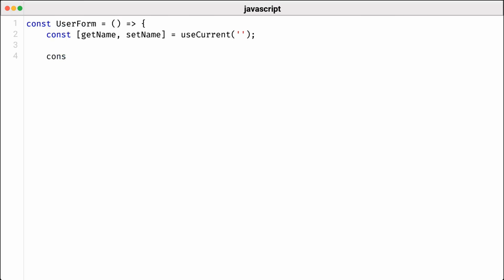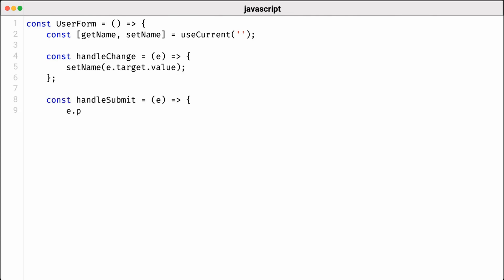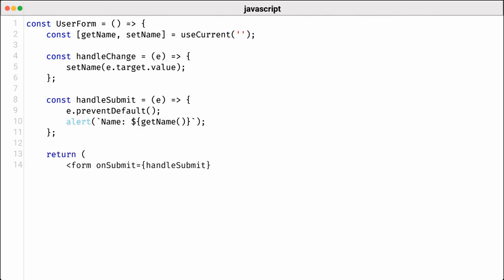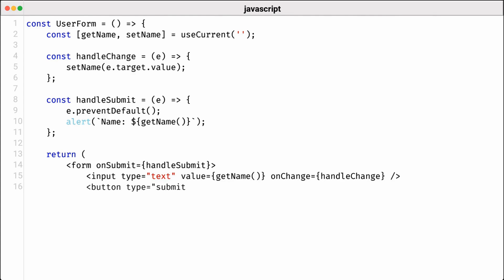Next, we will implement a simple userform component that showcases how our custom useCurrent hook can effectively manage user input. In this component, we initialize state variables for the user's name by calling the useCurrent hook, which provides a getter function, getName, and a setter function, setName. The handleChange function is triggered whenever the user types in the input field. It updates the state by calling setName with the current value of the input field, ensuring that the state is updated smoothly. This linkage allows for real-time tracking of user input without causing unnecessary re-renders, thanks to the optimized nature